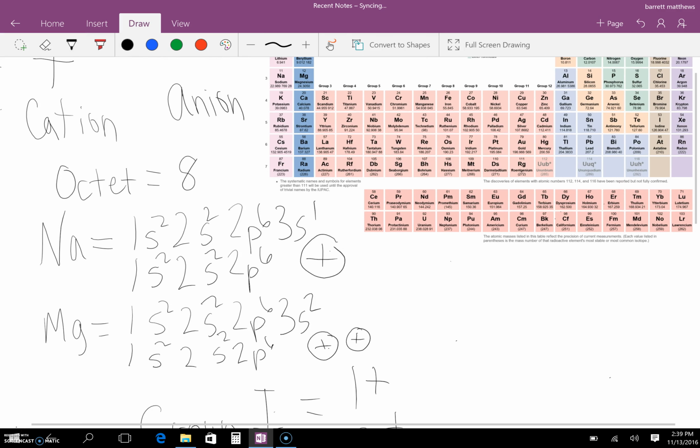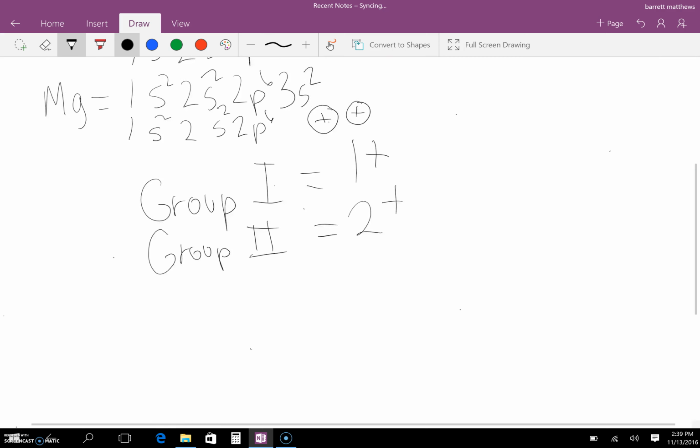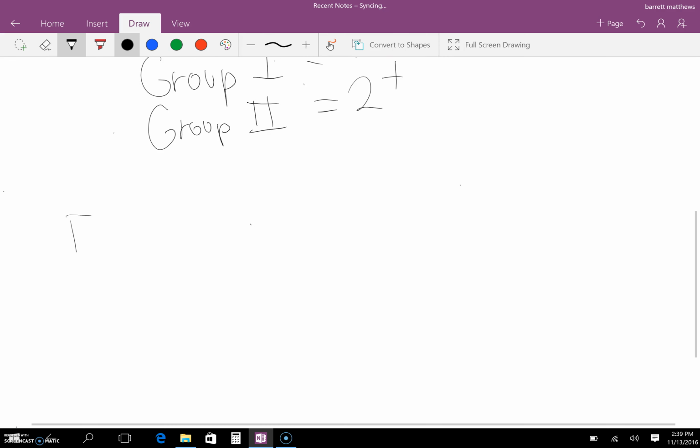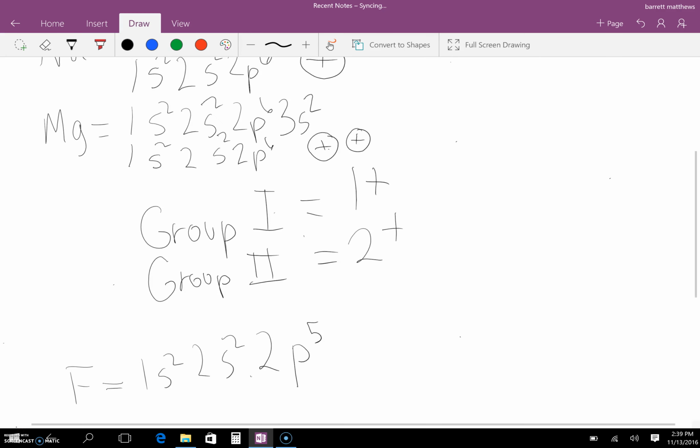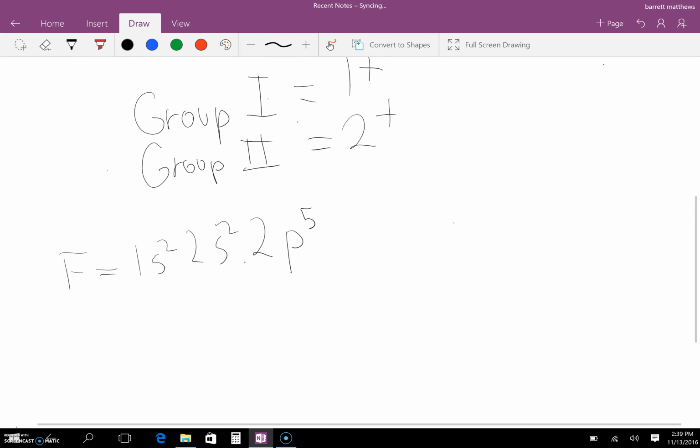For an example of an anion, we will look at group 17, which is the halogens. Let's take a look at fluorine. Fluorine has an electron configuration of 1s2, 2s2, 2p5. This means that fluorine is 1 away from being completely filled. So it's easy for fluorine to take that extra electron. So fluorine will take the extra electron,